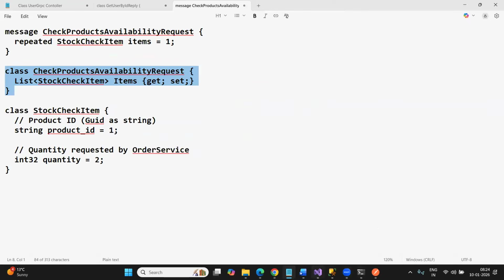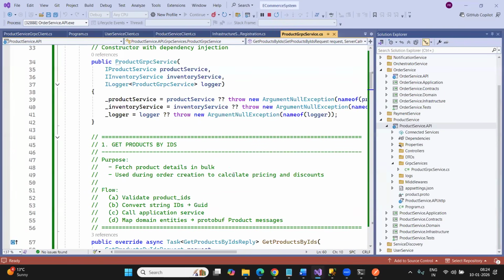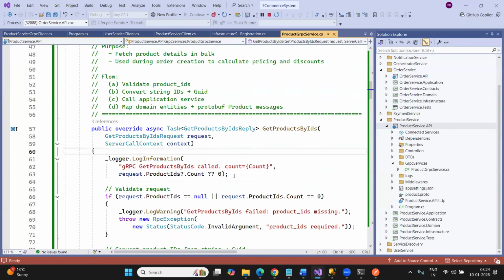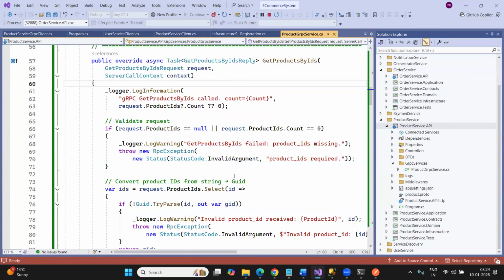Just enable the logging everywhere and you should see the log statements. For example, if you want to see the product gRPC client,